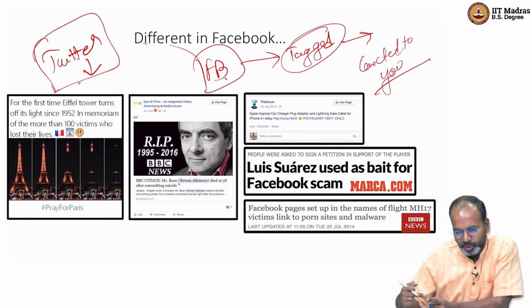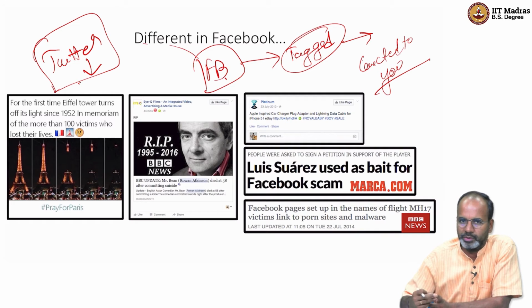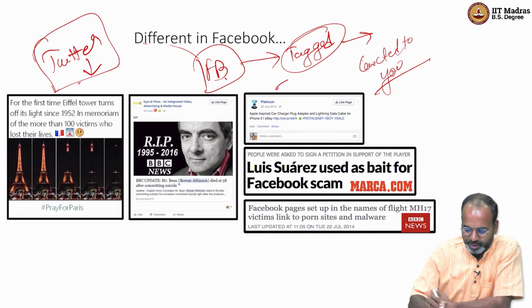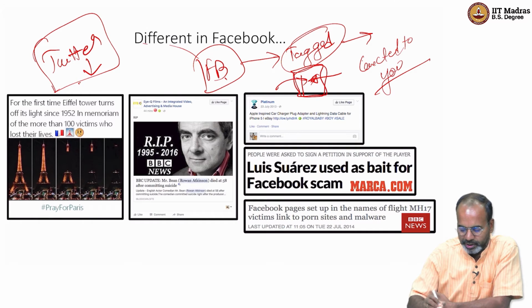The edge between people in Facebook is much stronger than the edge in Twitter, just because it's a two-way relationship. I have to send a request and you have to actually accept it, and that's when the relationship in Facebook is created.